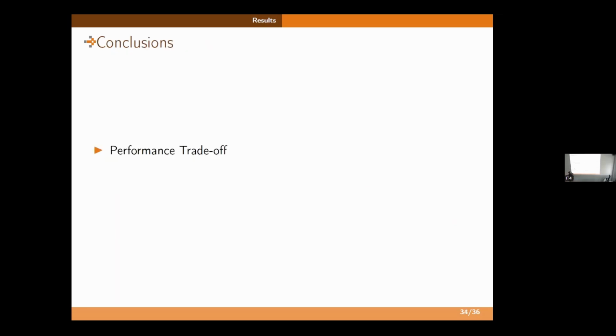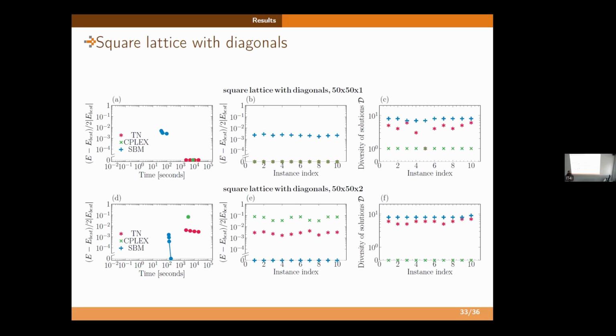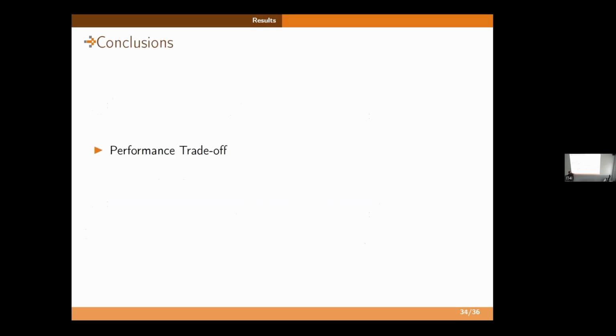But this is only part of all the benchmarking, because in the paper we have done much more thorough benchmarking of everything, and we show other classes of instances where the tensor networks are performing quite well. But I wanted now to focus on some conclusions about this work, because this work was not really about how